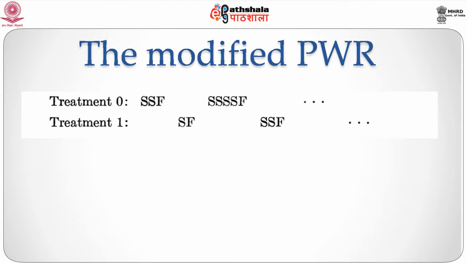But at this point, we observe a failure and hence we switch allocations to treatment 1. We observe a success and hence the next patient is also allocated to treatment 1. The moment we observe a failure, which is in the next case, we again switch to treatment 0, and this is how the trial